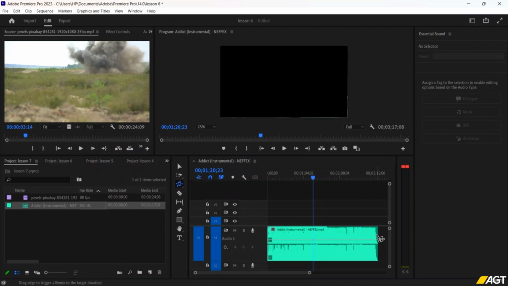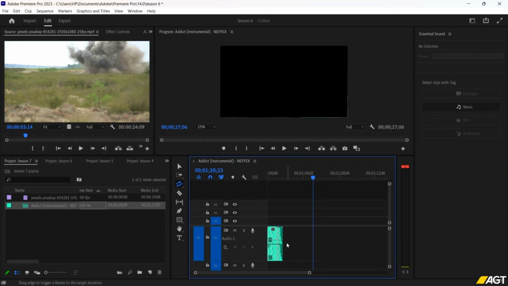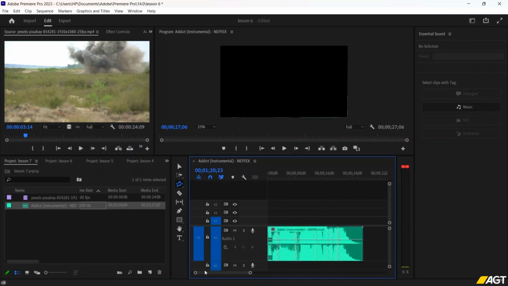Afterwards, if I go over here, you can see that the remix tool icon is saying that it's ready to work. I can just click on the edge and then make it to the exact amount that I need. Say this is 1 minute 4 seconds, so I want it to be this much smaller. And here you can see that these are the ridges over here. These are basically parts which the remix tool has cut out from our original music to make it a bit shorter. And now if I play it,